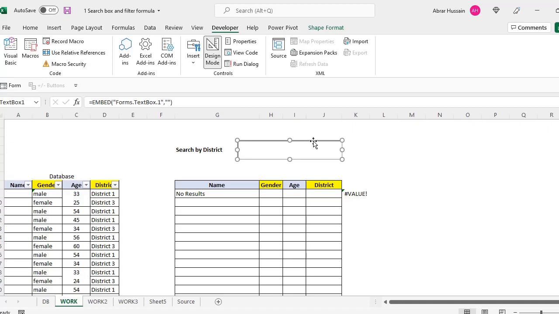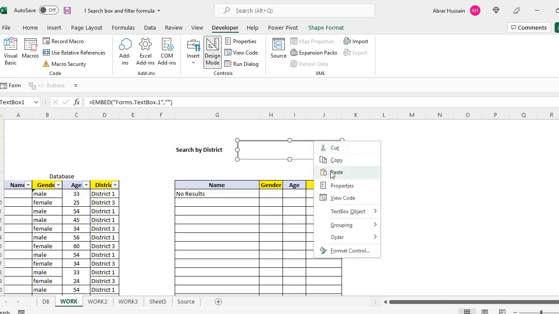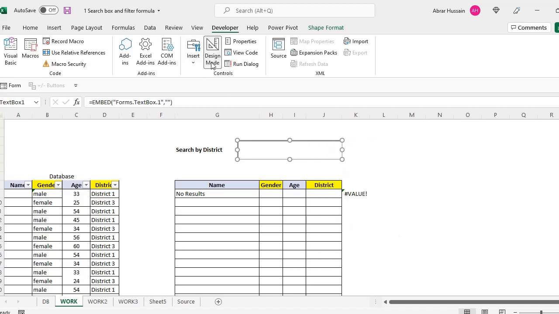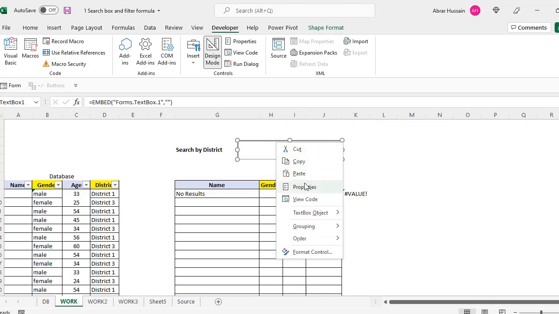After that, you just need to right-click and open properties. If it's not working, if you can't right-click, you need to go to design mode. Remember this, that in this developer tab, when you are making this text box and applying some techniques, you need to enable design mode. When you press design mode, you will see properties with right-click.